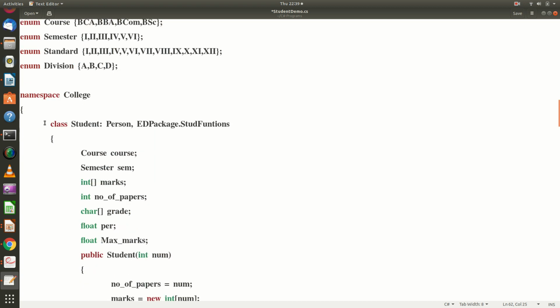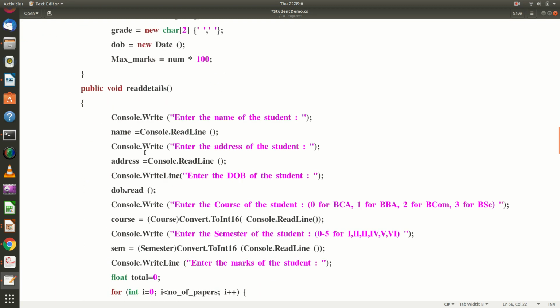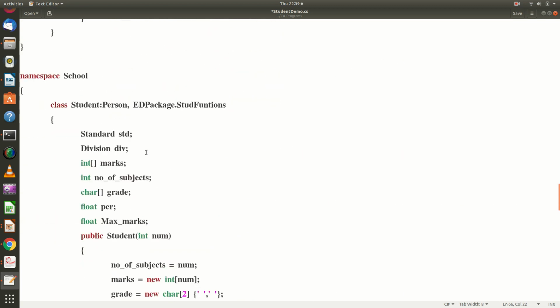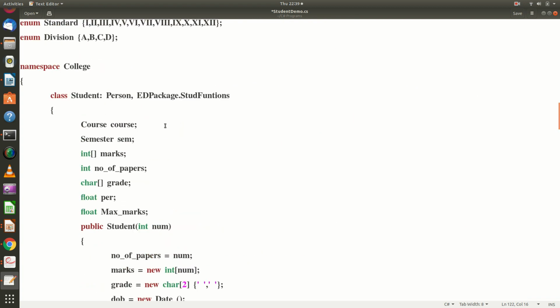Then I am going to declare a namespace, the college namespace. Inside the college namespace I am going to have a student class. And since I am going to use the same class name for a school student also, I have declared another namespace called school. Let us see what I have done inside the student class.